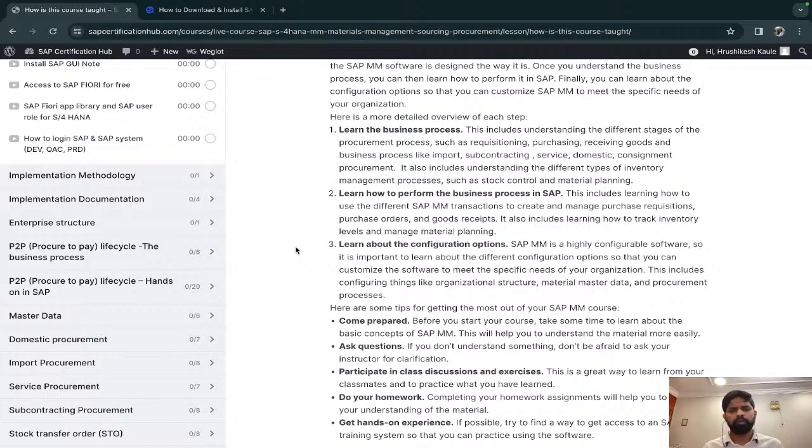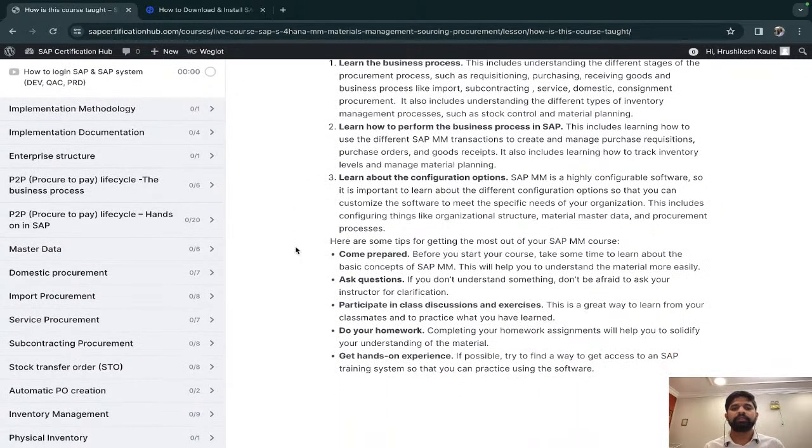The screens are almost similar, so no need to worry. Just the interface will be a little bit different. So we are going to perform this in both of the platforms. You will be learning the latest things and you'll be able to deliver it in the interview. And now you know the business process, and you know how to perform that in SAP.